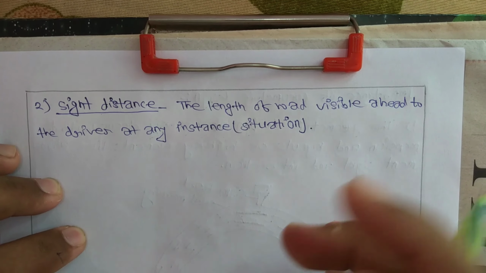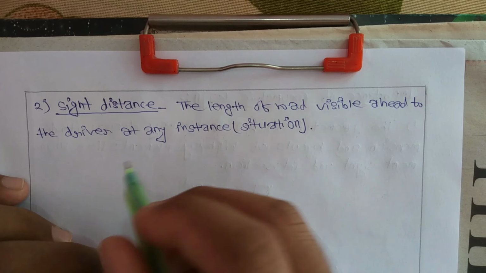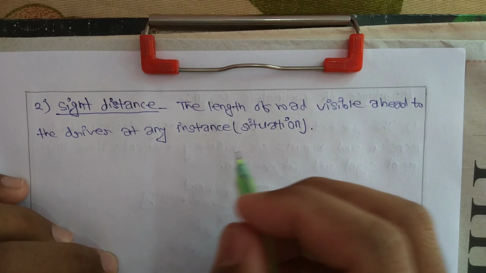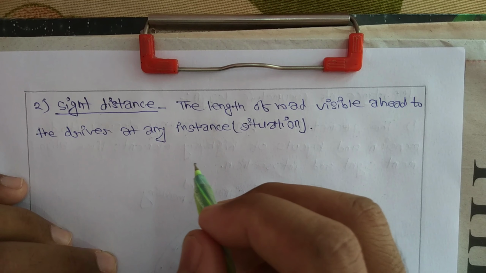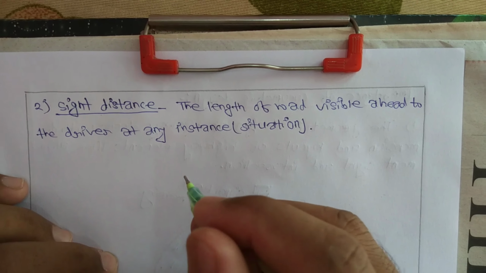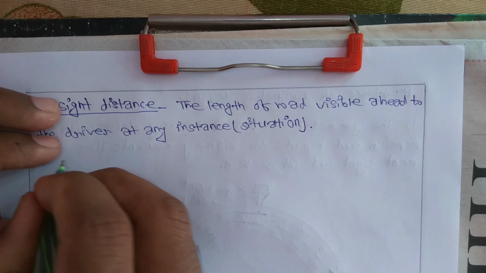Sight distance means in the road, in the geometric design, the sight distance should be clear so that the driver can easily see the opposite vehicles and prevent the collision between the vehicles. So the second point in this is